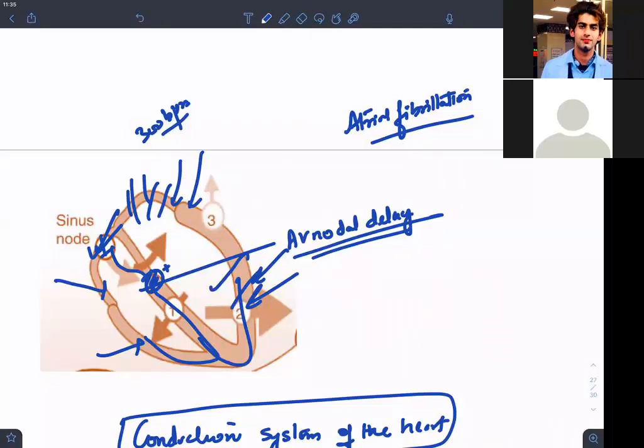No, I'm not saying that. I'm saying normally the atria will conduct those impulses to the ventricle. It's not that asynchrony will happen. So why don't you want that? Because I told you,